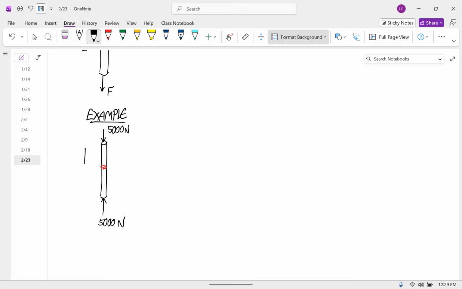I'm going to use a coordinate system like this. Sigma xx. This is in compression. When it's in tension, that force is positive. When it's in compression, that force is negative. So we have negative 5,000